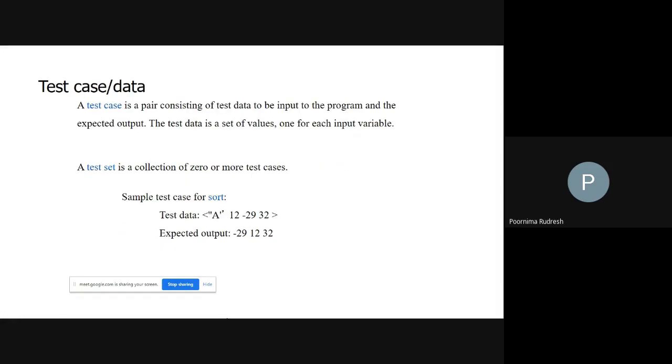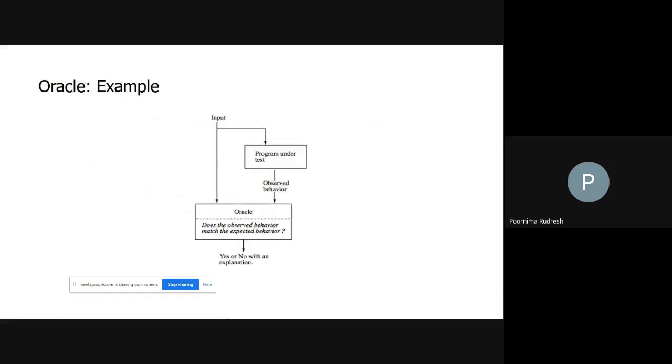So once the execution is done, we have to assess the program correctness. Assessing the program correctness is the important step in the testing process, because here the tester determines the observed behavior of the program and checks whether the observed behavior is correct or not.